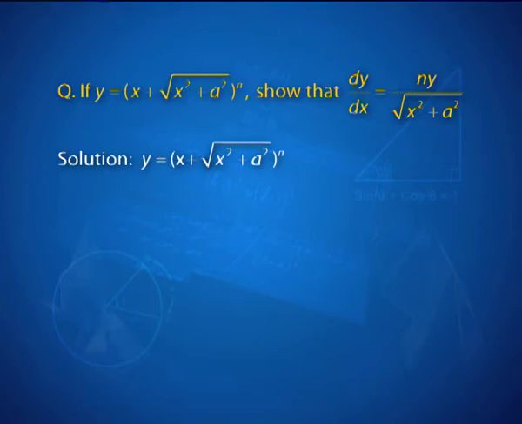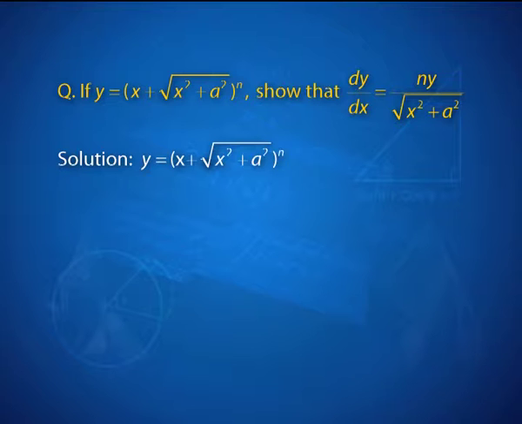And not only composition, there is a sum of two functions as well, that is x plus under root of x square plus a square. This sum is raised to the power n. So, there are definitely more layers involved in this function. Let us see what we will do as we start the derivative.